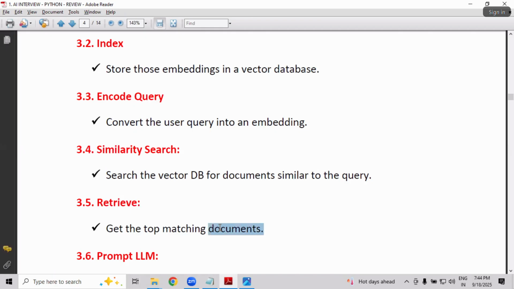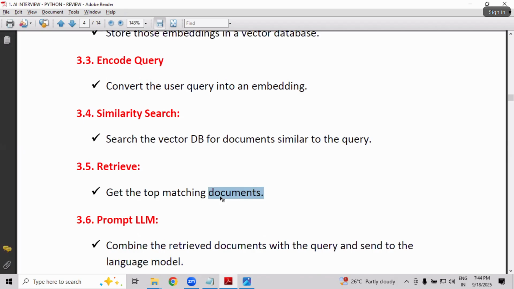Python. Are you asking about the return keyword? Where is the return keyword available? Function spot number 2. Are you asking about the upper method? Where is the upper method available? String document like that. That is called as a what exactly? Matching documents. It will just try to find the matching. Get the top matching document.